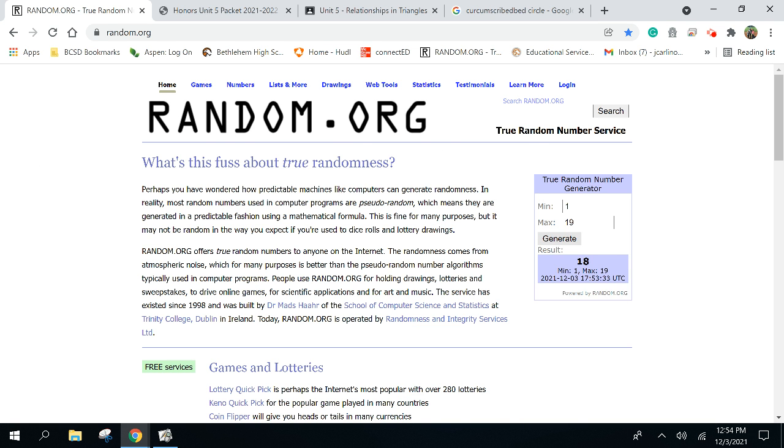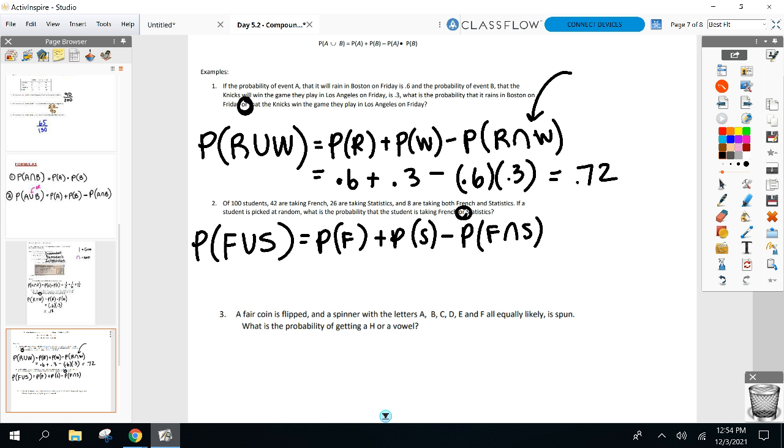Got the probability of French? 42. Now, I just have a quick comment here. This is okay if you want to do it this way, but remember, you can't have a number bigger than 1 at the end, right? Whether you add up the kids now or at the end, it's got to be out of 100 people. It's got to be out of 100 at the end.